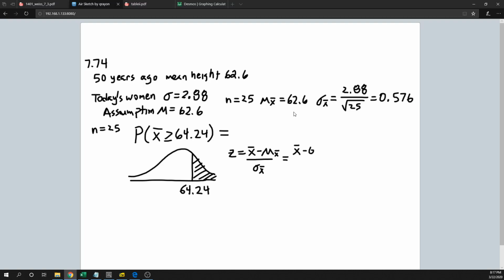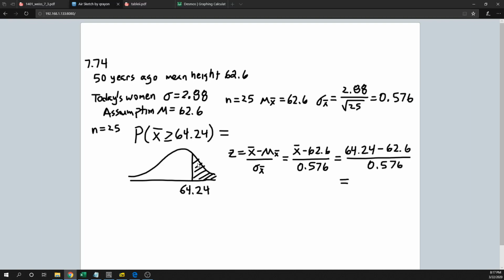And we know that the mean of the sample means is 62.6. We know that the standard deviation of the sample means is 0.576. Okay. All right, and then we need the z-score for 64.24. That's the value for x bar in this case. So 64.24 minus 62.6 over